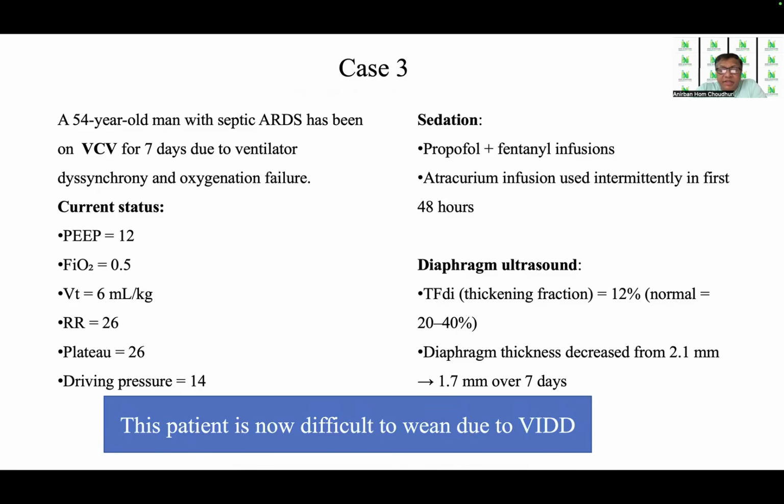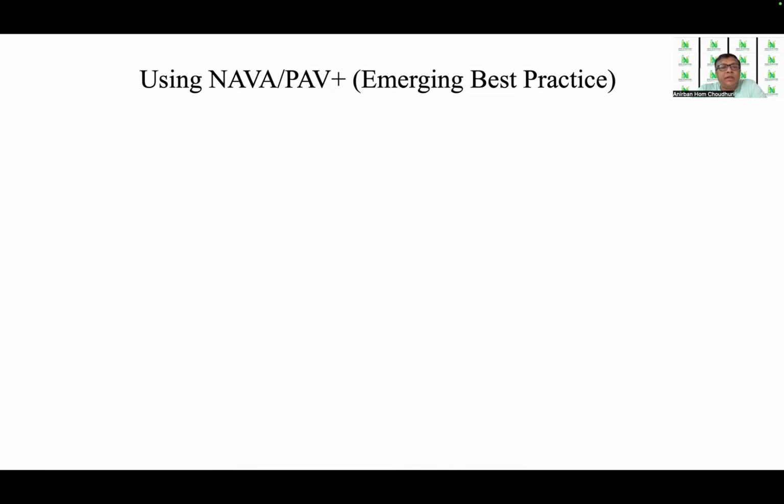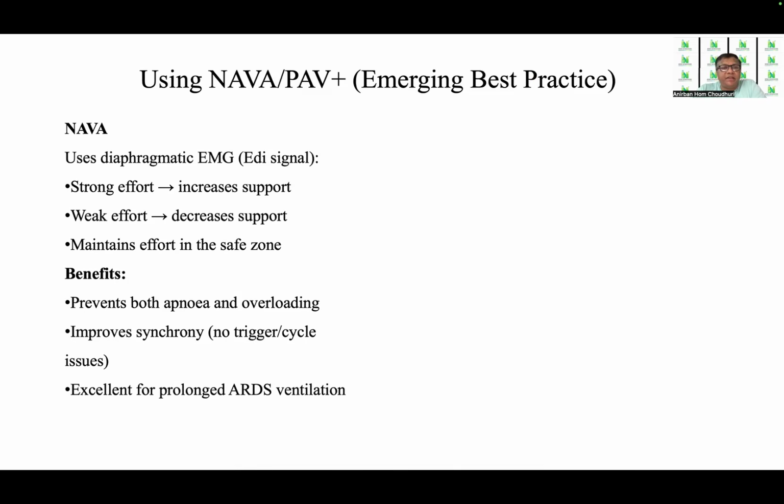Now, this patient has ventilator-induced diaphragmatic dysfunction, and as a result it is difficult to wean. Using NAVA or proportional assist ventilation is emerging as the best practice in such cases. NAVA uses the diaphragmatic EMG, the Edi signal, which for strong effort increases the support, while weak effort decreases the support, and maintains effort in the safe zone. It prevents both apnea and overloading, improves synchrony, so there are no trigger or cycle issues, and it is excellent